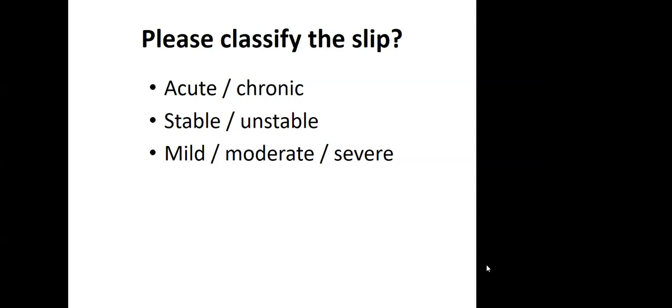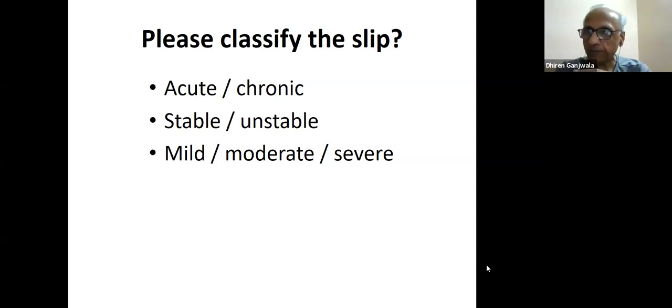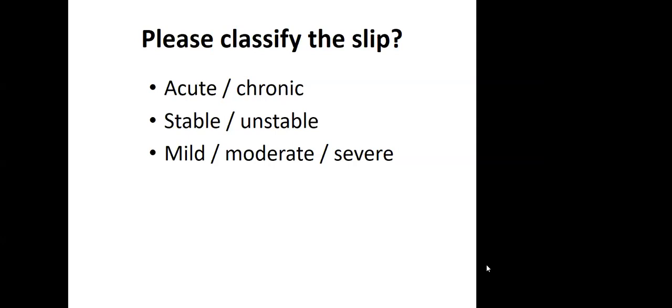If the patient comes with crutches, hopping, or with the support of someone, or in a wheelchair, it's unstable. Right? If the patient is able to bear weight, it is stable. If the patient cannot bear weight, it is unstable. Pain is always there in the slip. Pain is not a criterion for stable or unstable. According to Loder, if the patient can bear weight, it is stable. If the patient cannot walk, it is unstable.